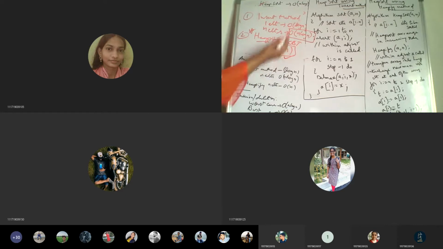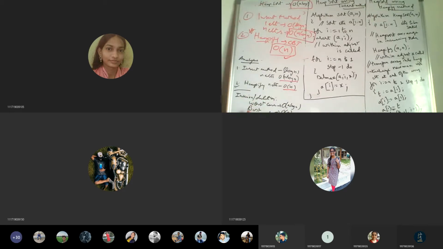So in heap sort, it is based on either of these two, and it is going to be based on the height of the tree. That's why the time complexity is order of n log n. These are the things I wrote here. In the analysis, the insert method is n log n, and for heapify it is big O of n.